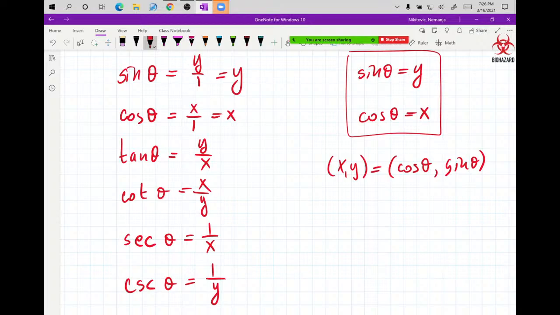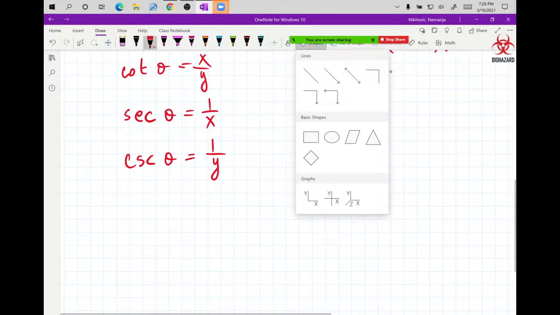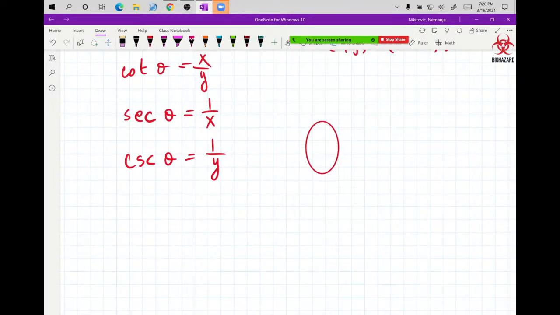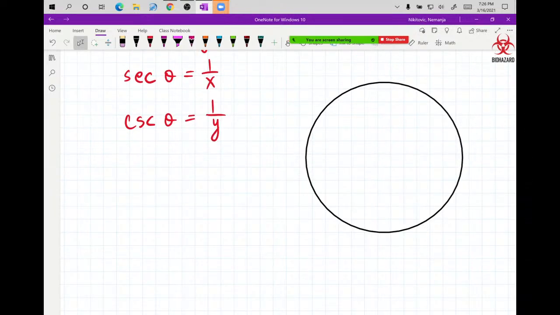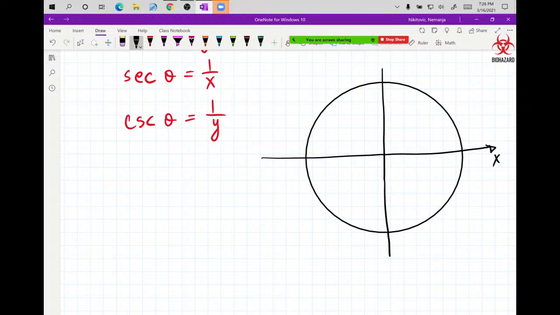So now, when we have the unit circle, we can think about connecting the triangle that we see in the unit circle with what we have seen before in our previous lesson. So, good. All right, so I have a circle, and let's say this is where the middle is, x and the y,